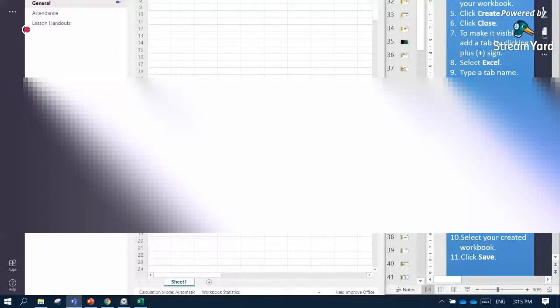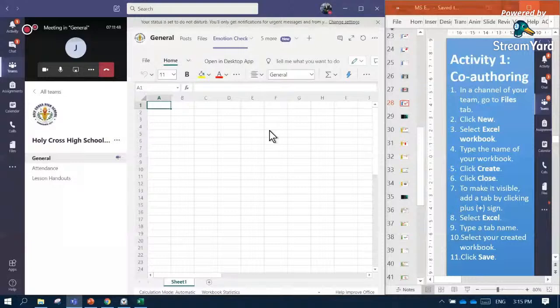Say, for example, you can have in the first column, as the first heading, the name and then address. And since this is all about emotion check, we can assign or ask the students to answer the question, how are you feeling right now?